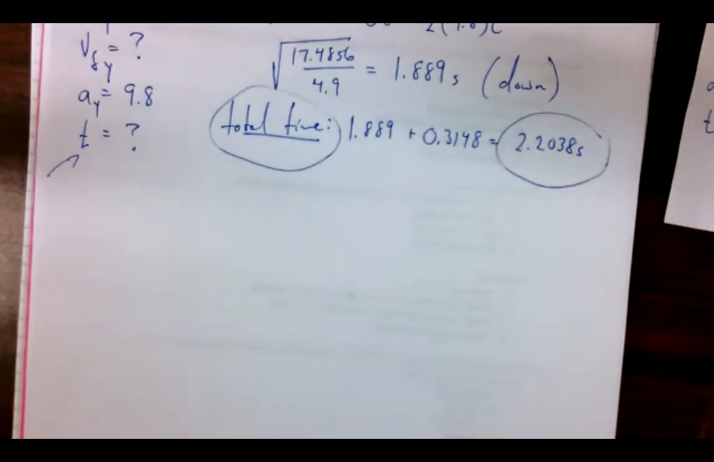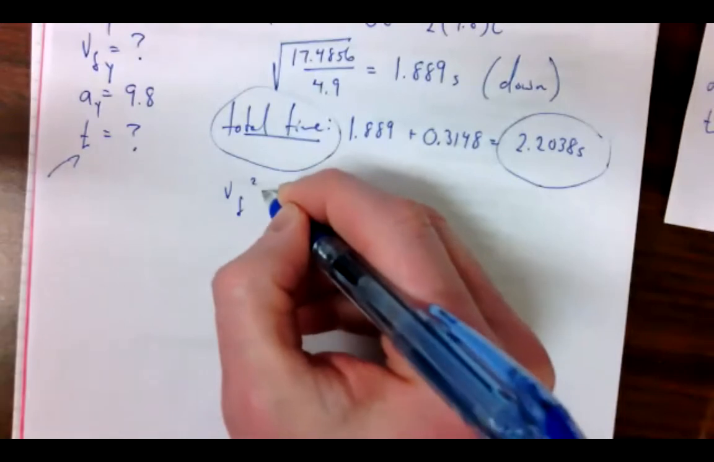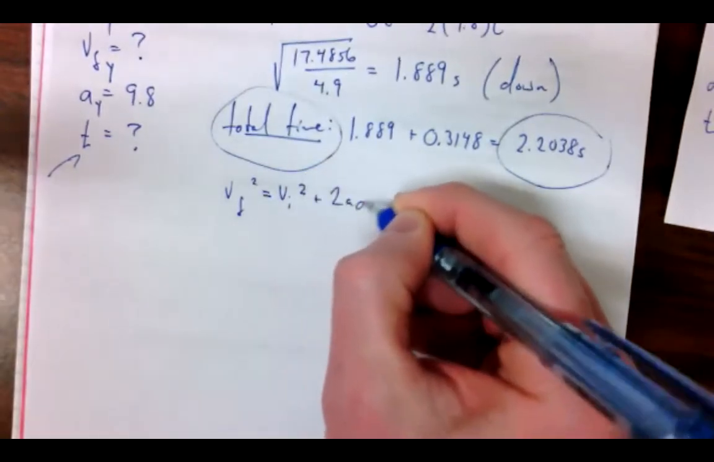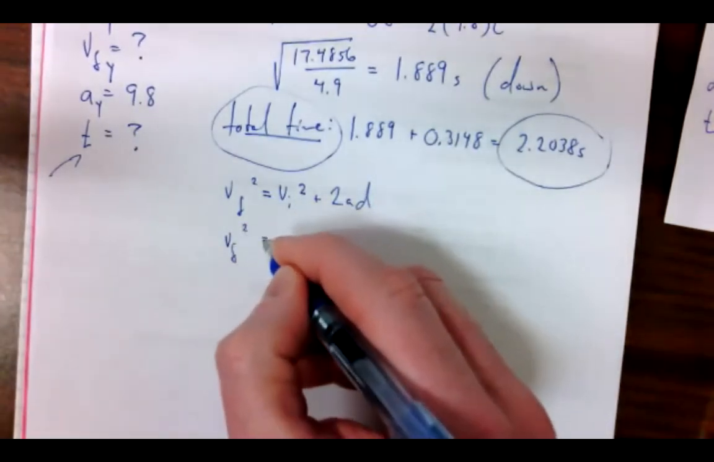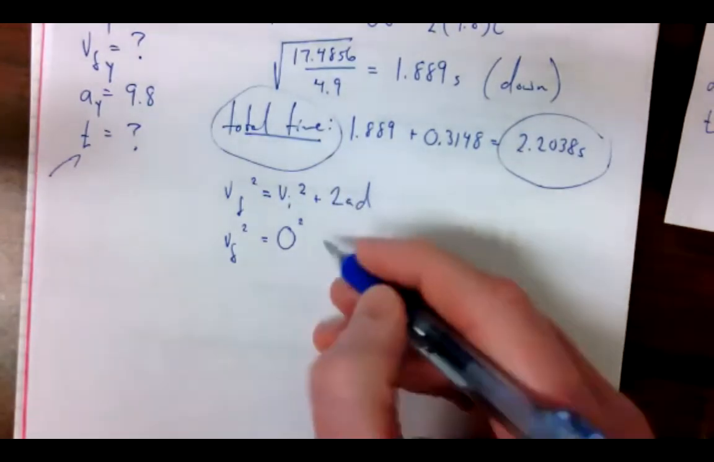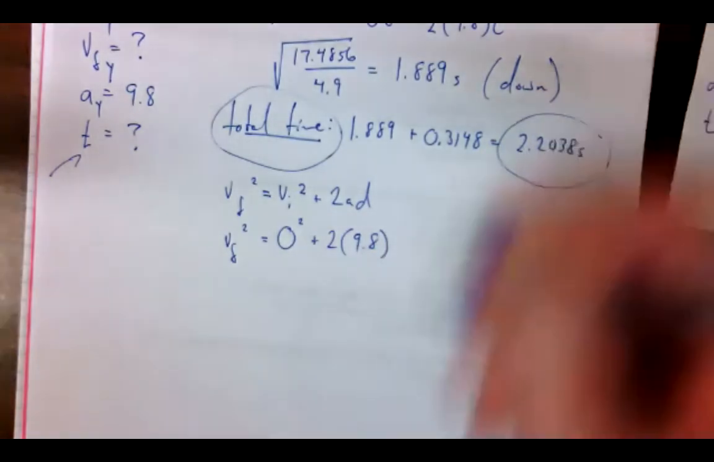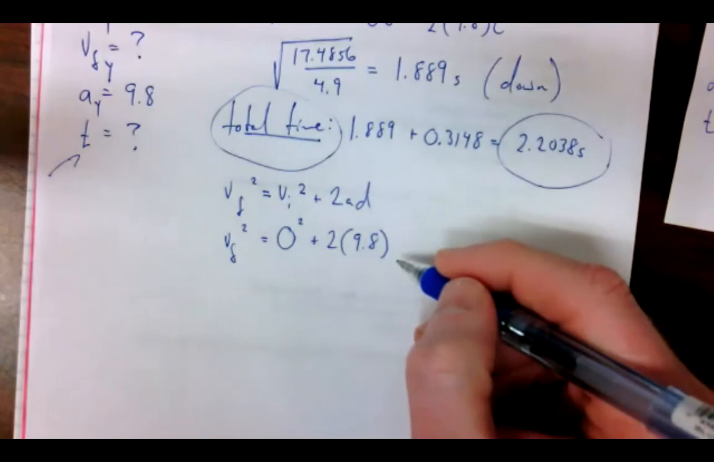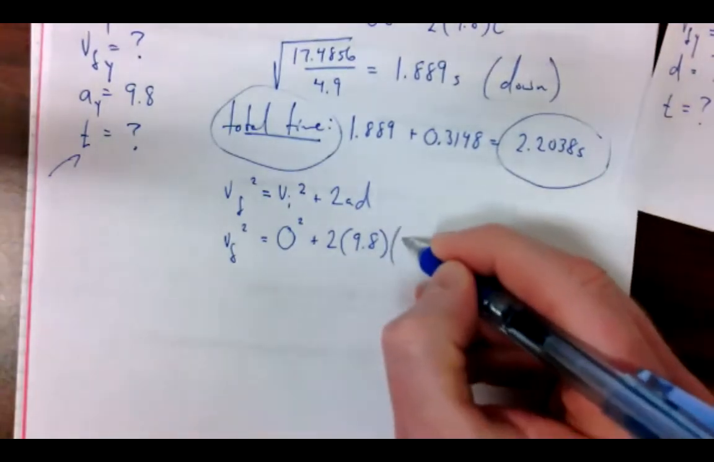So when I say I'm not using time, it's going to be VF squared equals VI squared plus 2AD. Final velocity, we don't know. Final velocity squared equals, initial is 0 because it's falling from rest, plus 2 times 9.8. I'm keeping this positive because we're going down. We're not going against anything. And the displacement, that was from this other page. The total height was